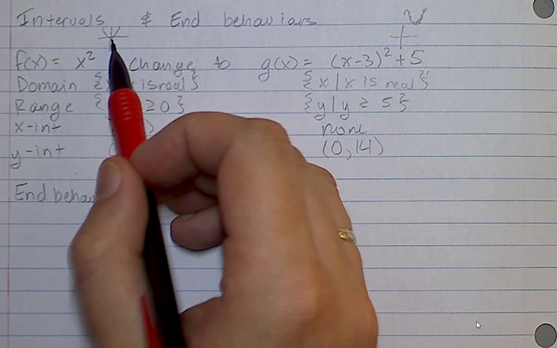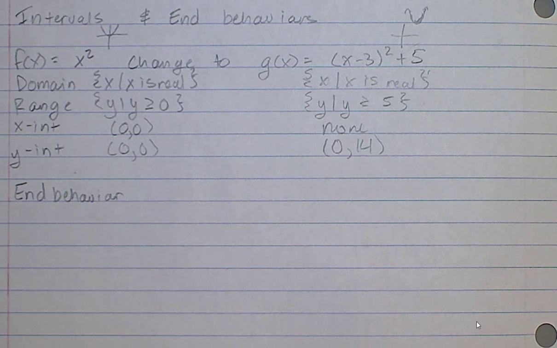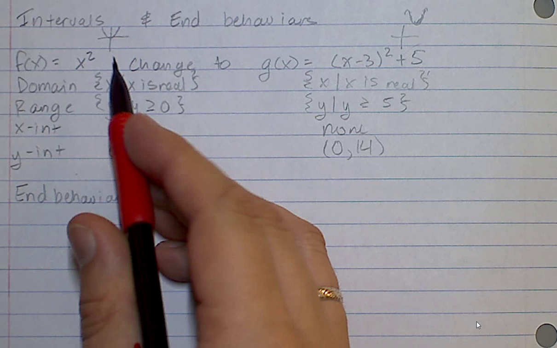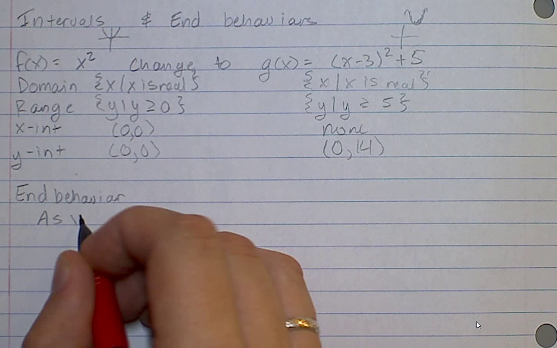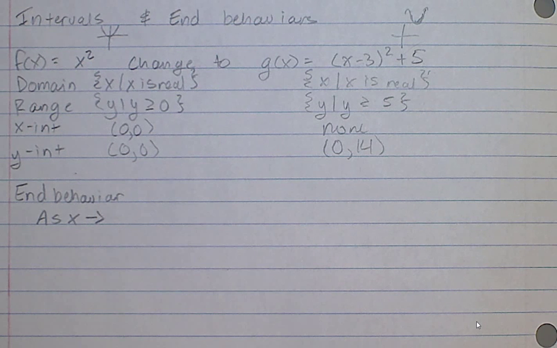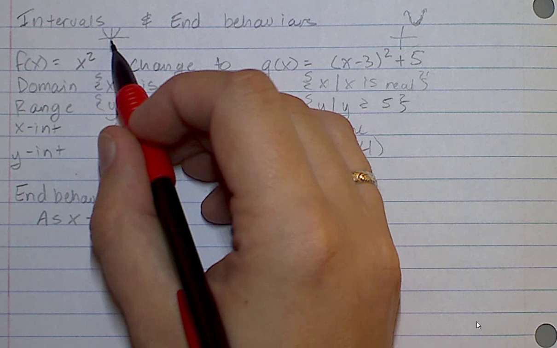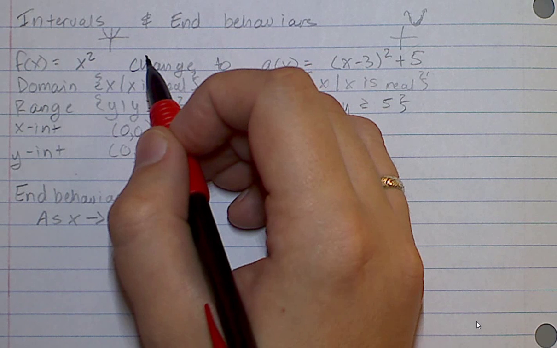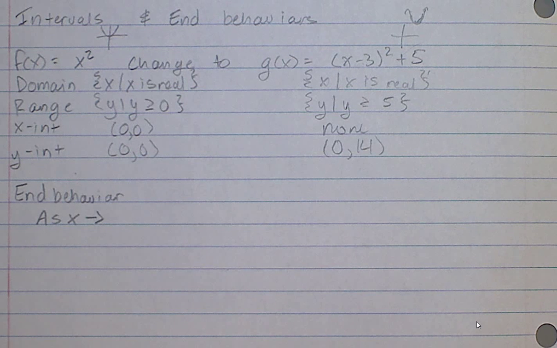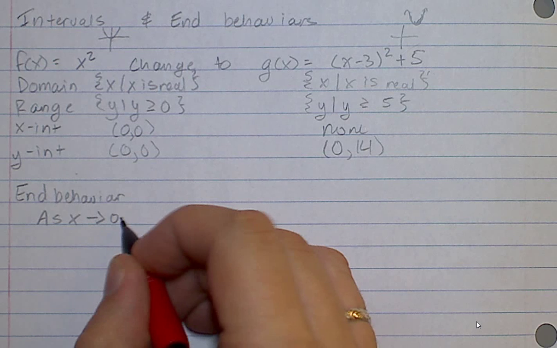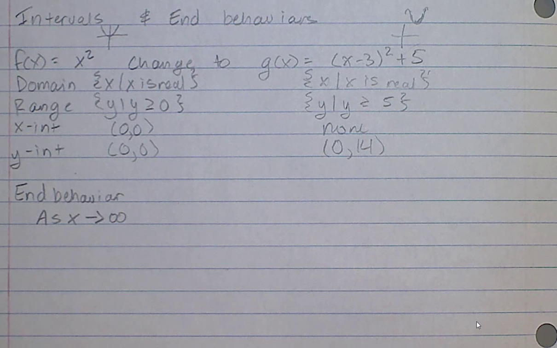So on the original function, as you're going farther and farther to the right, is the function going up or is the function going down? Up. So the end behavior of the parent function, I'm going to write it as x, and then this arrow that in math means tends towards. What is a name for a really, really, really big positive number? Like the biggest positive number you ever thought of, and then a number bigger than that. What's the name? Okay. Positive infinity? Yeah, so as x goes to infinity, which is this sideways 8,